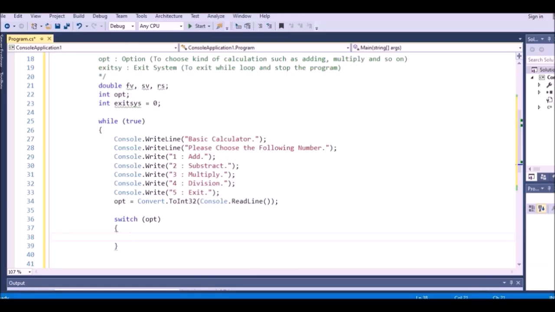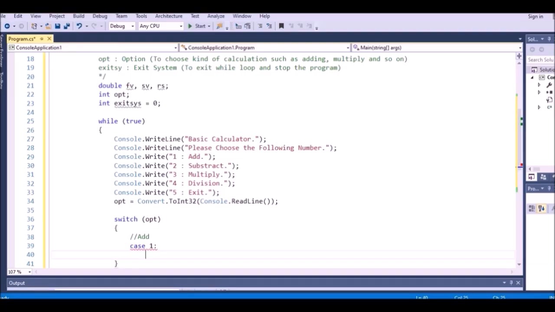So in here we will have to write the case for each one. So the first one we write for add, and we write a case like this. So write 1, this, and for